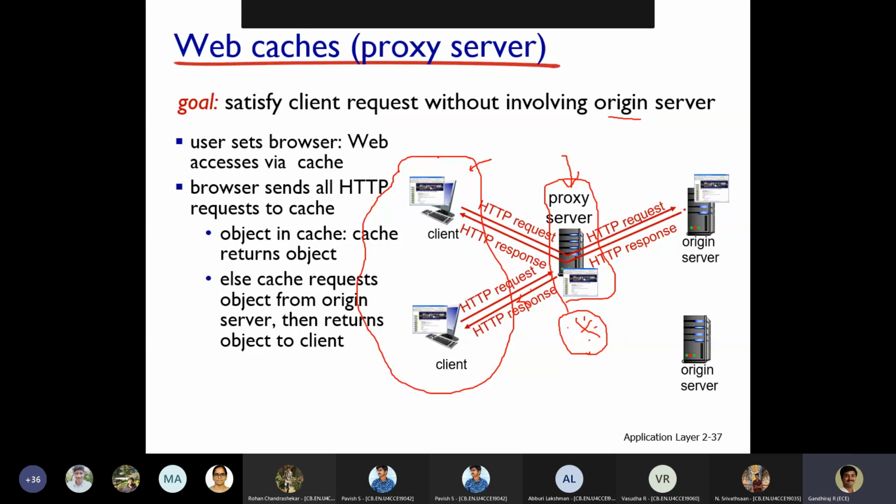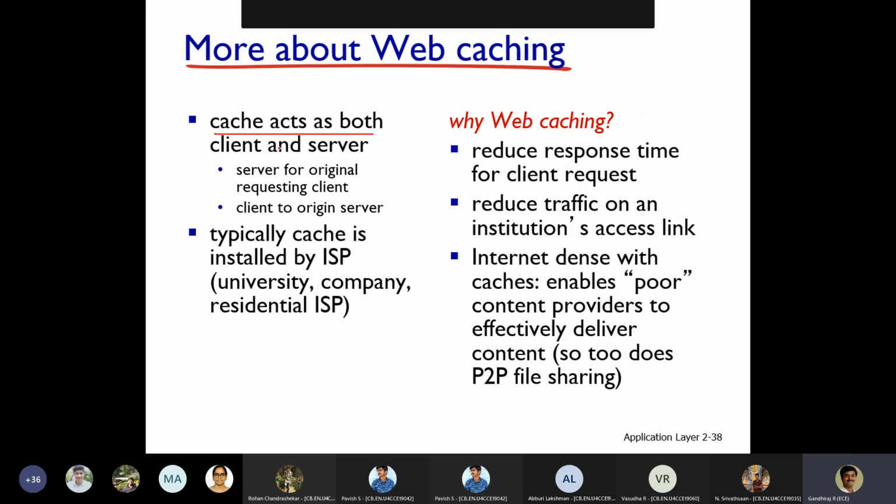The request will come and be kept inside the proxy server. It will act as a server again because the response will be initiated from this proxy server only. So that's the meaning of a server for the original requesting client and a client for the origin server. Yes, that's what I have explained.